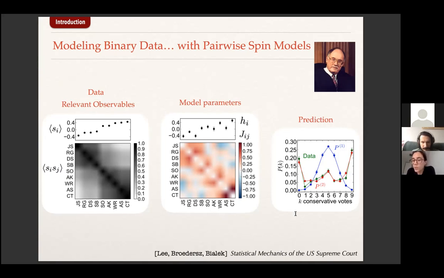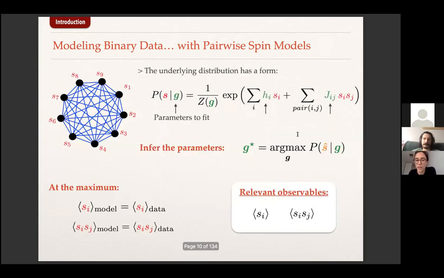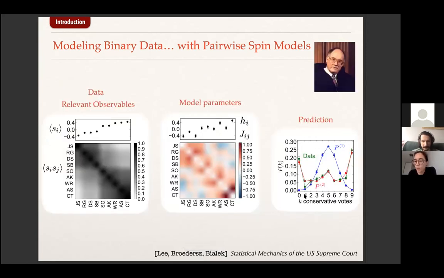You can also compute this probability if you were to assume that the justices are voting independently from each other. So independently means, if I go back earlier, I remove that term. I remove all the pairwise connections. I just keep the initial, the h_i s_i term. And so if I were to assume that the justices are voting independently from each other, then I can fit the model and I can compute the probability of k conservative votes, and they obtain these blue lines here. So what you can see is that this is not matching at all with the data one,